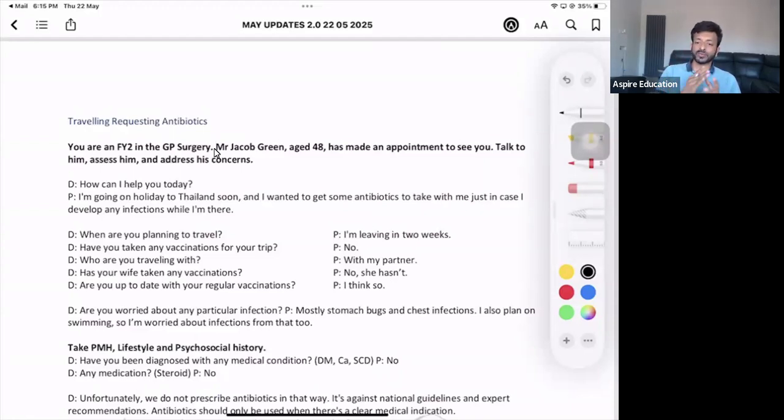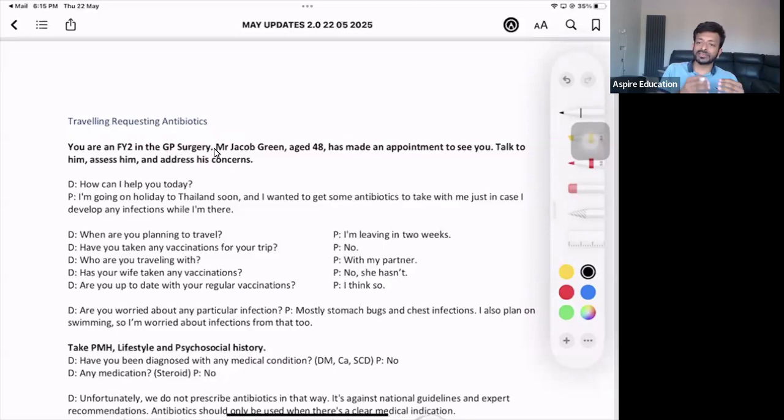You know, last week, you know what happened? One of the candidates was discussing this scenario with me, and the candidate started like, "I'm not gonna give you any antibiotics when you're traveling." See, the thing is, in any station when a patient is demanding anything, for example, demanding antibiotics, or a patient with a viral infection demanding antibiotics, or a patient with normal tension headache demanding the CT scan, do not deny it in the beginning itself because you don't know the scenario.